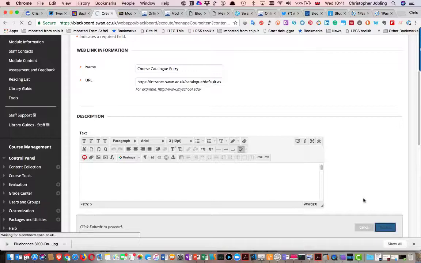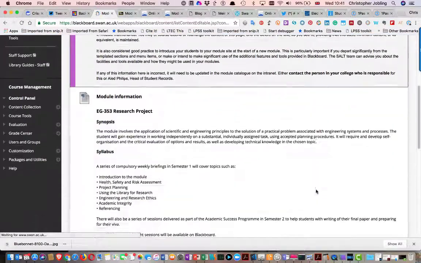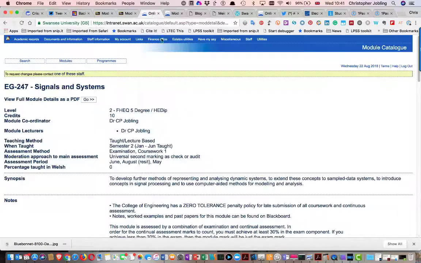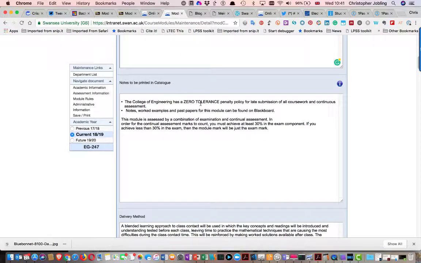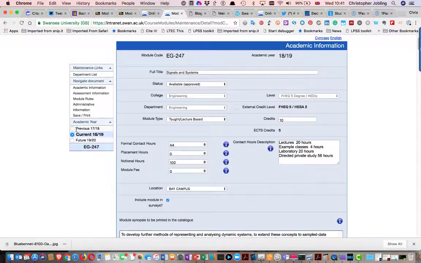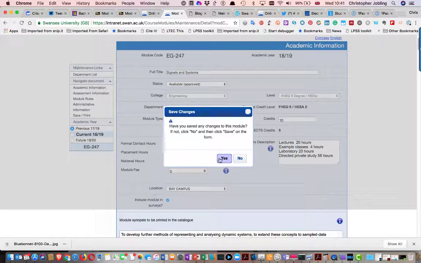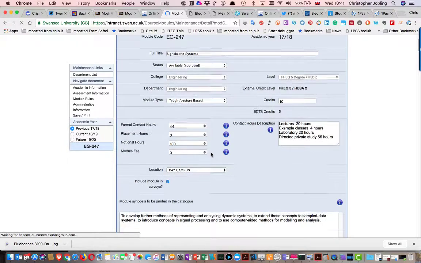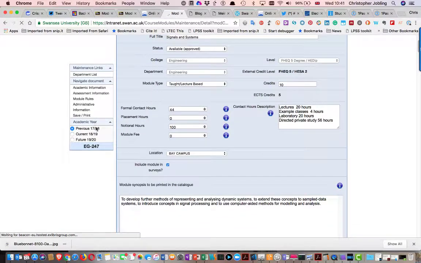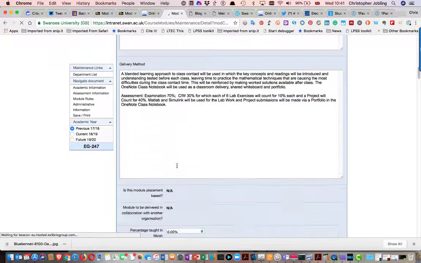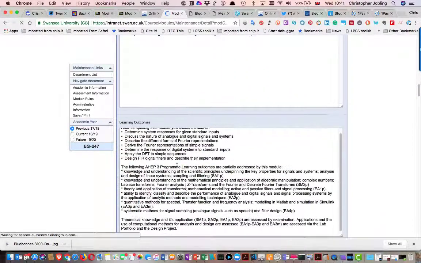And then you've got a link to the live data, which is guaranteed to be kept up to date as you change things. And then on changing things themselves, what you need to do is you change them in the module descriptor. You've got to make sure that you're looking at the actual year that you're dealing with, in this case 17-18. So make sure that you're selecting the previous year, the current year, and then you can edit this text here